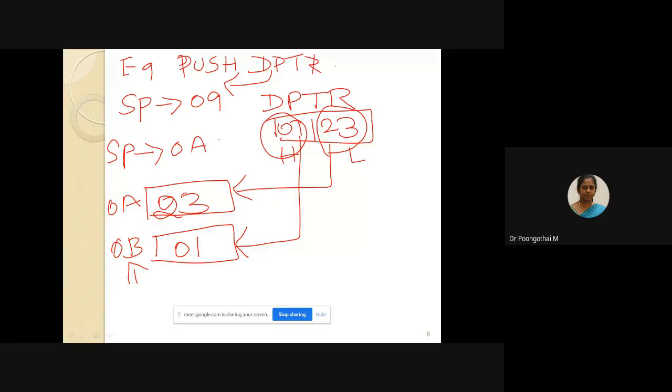First, the initial stack: this is the top of the stack, which is nothing but your internal RAM memory. The stack pointer holds a value that indicates the top of your stack memory. So when it executes, this will be incremented by 1 and point to 0A. Whatever data is available at DPTR is written into the corresponding memory location. Next one is pop, just the reverse of push. That is removing the elements from your stack, internal RAM memory.